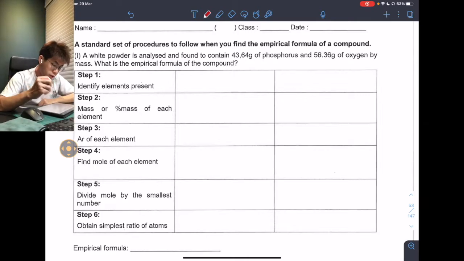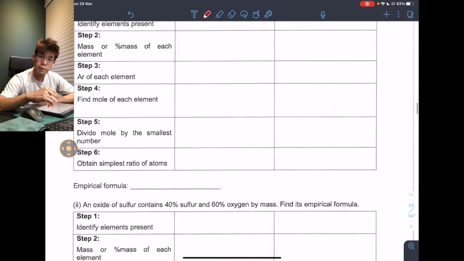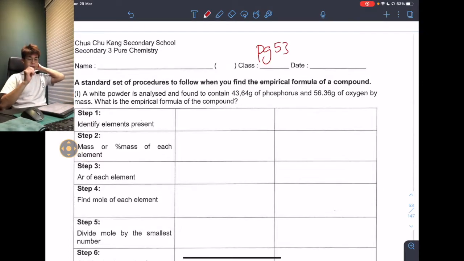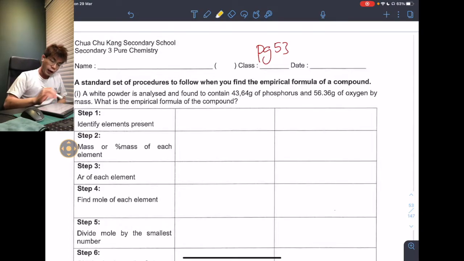Alright, everybody. This lesson is very important, and I need to take you through the steps to find the empirical formula based on the masses. We are now at page 653 of the binder, and I hope you will follow carefully. Whenever we want to find the empirical formula and we are given masses, like 53.64 of phosphorus and 56.36 of oxygen,